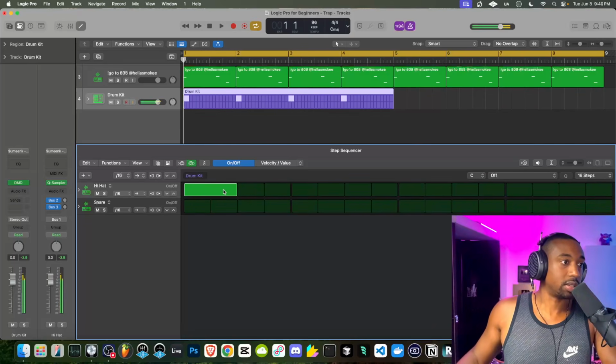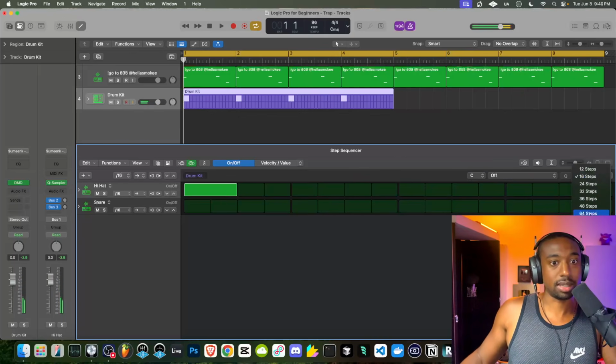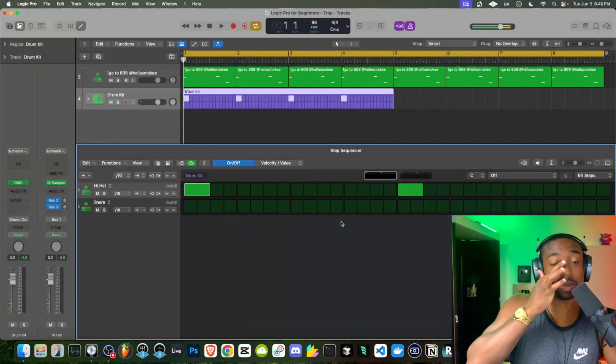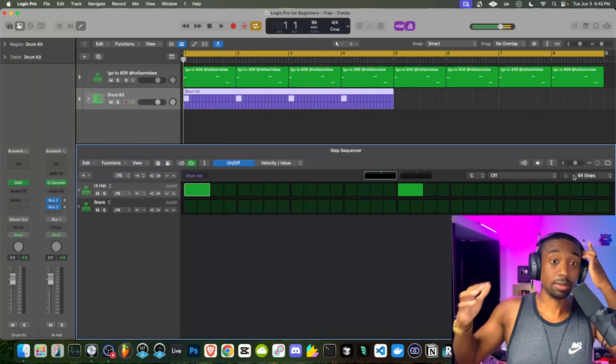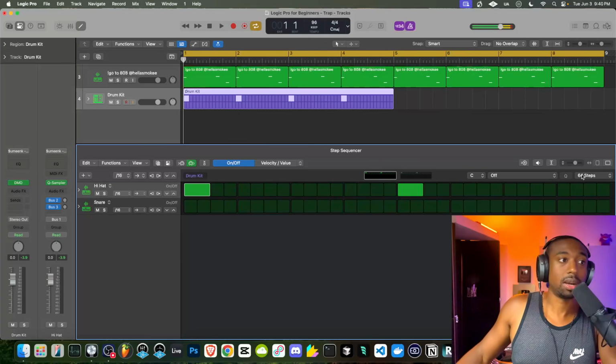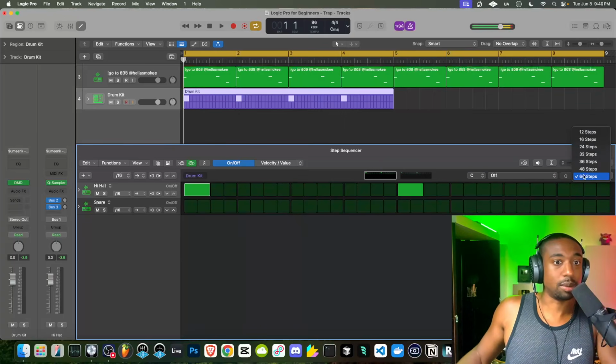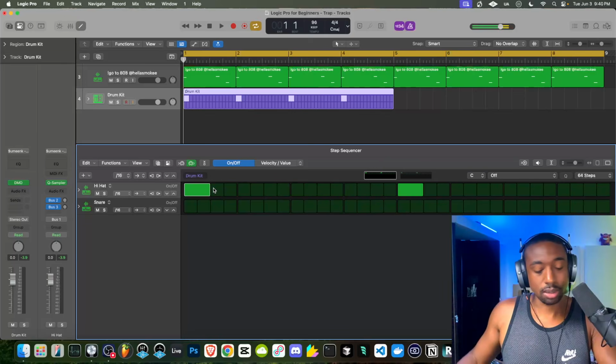What we're going to do is just select 2 of these. I keep my steps on 64 steps, so we have a lot of room to write our drums. So on the top right, you should see a Q. I'm not sure if my head's in the way. I can't see myself. But it says Q in the top right of the step sequencer, and it has a number of steps. We're going to change that to 64 steps.